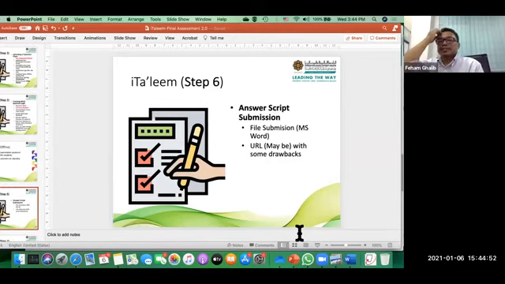And then we move further to step 6. For step 6, answer script submission, as we mentioned just now, submission is in the form of a file. For example, the file submission is in the form of Microsoft Word. You may request your student to submit using a different method if you observe the file is bigger than 100 megabytes,